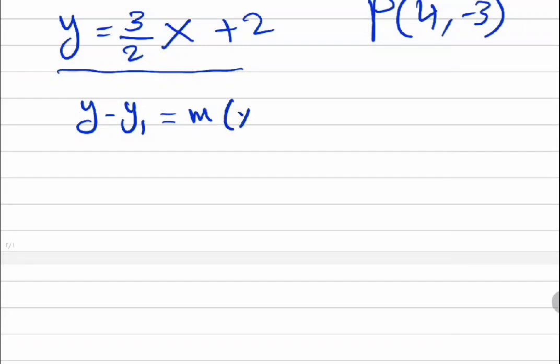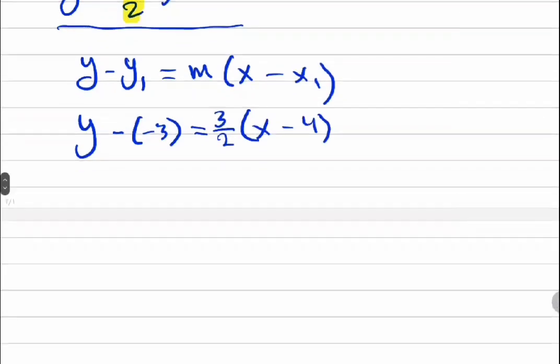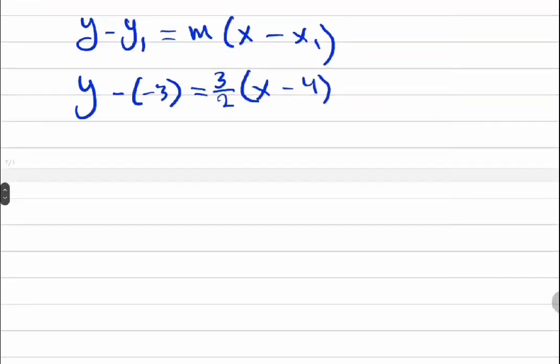So this is x1, and this is going to be y1. And the slope is still 3 over 2. It's the number in front of x. So let's plug in y1. Let's replace it with negative 3. And let's substitute m for 3 over 2. And x1 is 4. Now, whenever you have two negative signs next to each other, it's going to change into a positive sign. So what we now have is y plus 3